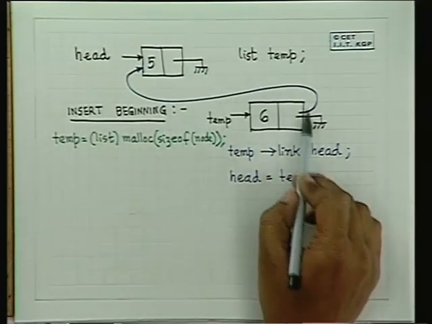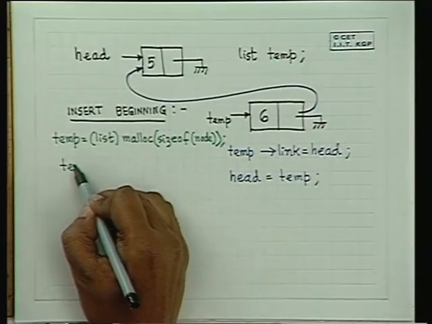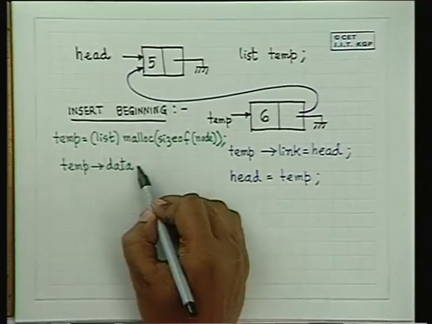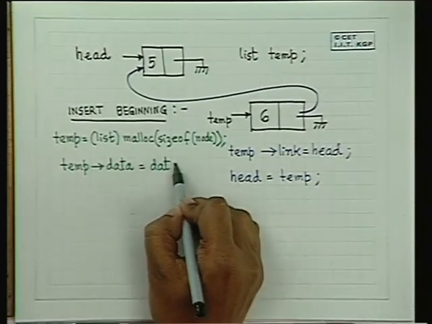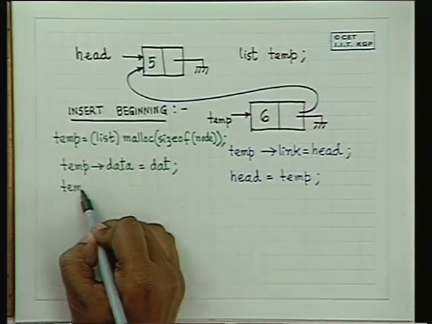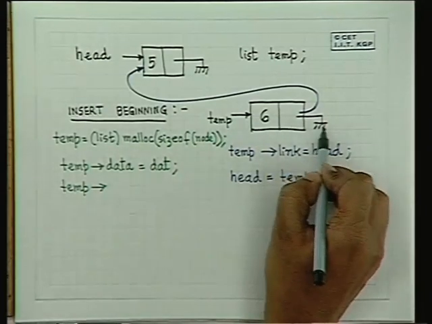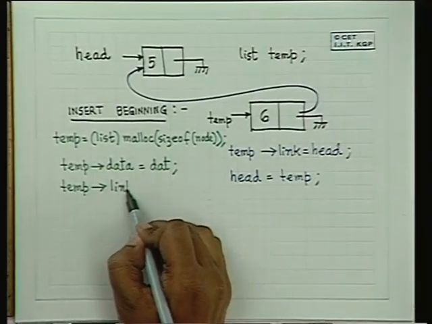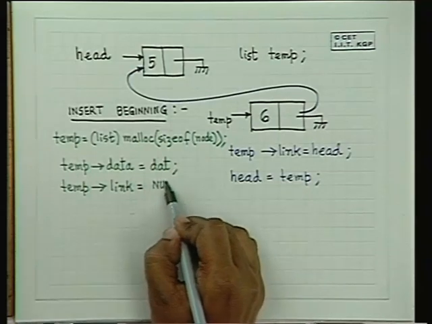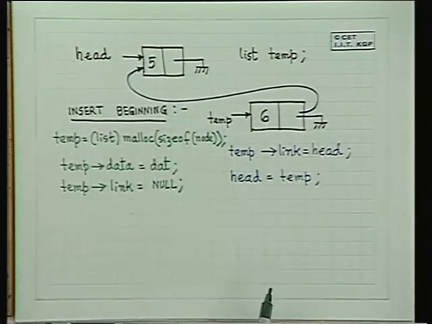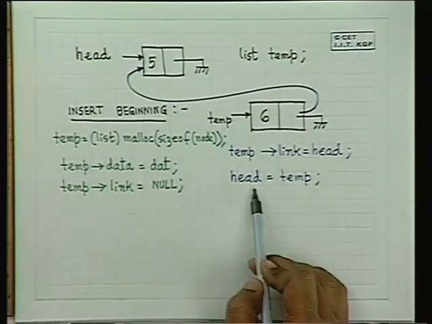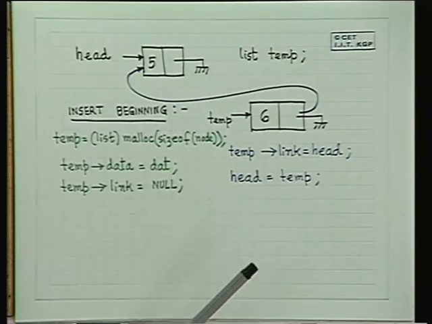Temp is equal to list malloc size of node is the first point, temp pointer dot data is equal to dat, and initialization is very important. You need not put this to be ground if you know you are going to do this, but it is my advice that you always make it a practice to initialize whatever you are doing. So this is the first thing, and then if you want to insert it in the beginning, you do this. All right. And if you want to insert at the end,